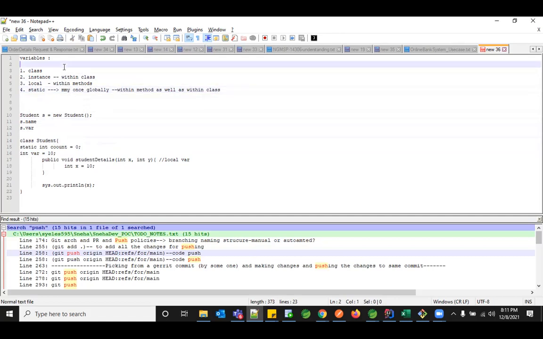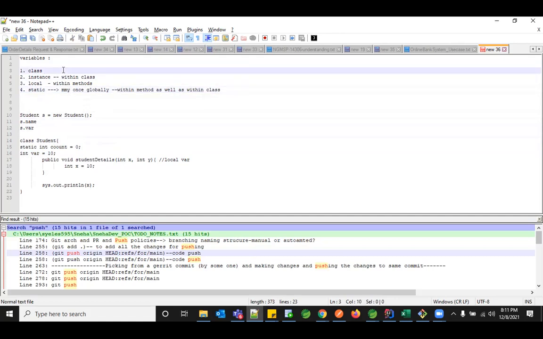Okay, now coming to class variables. So what are class variables? These are variables which can be accessed at class level as well as object level. Basically, whatever variable you are using with the static keyword, that is also called class variables. We use it whenever they are declared inside the class before their usage comes into the picture. And this is accessible within your class as well as within your objects.